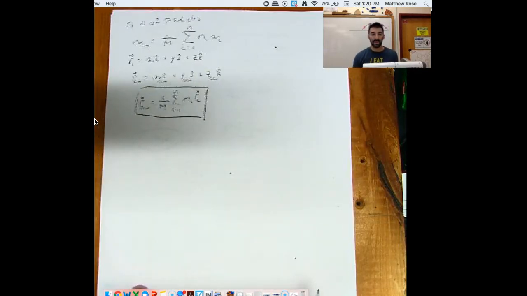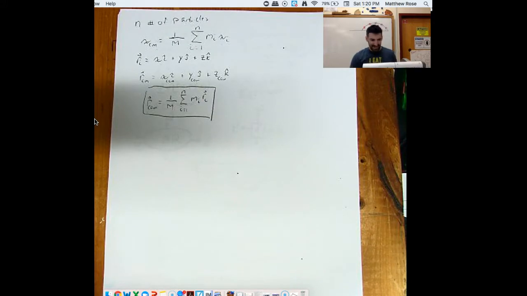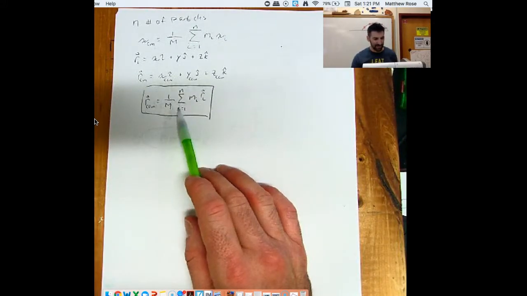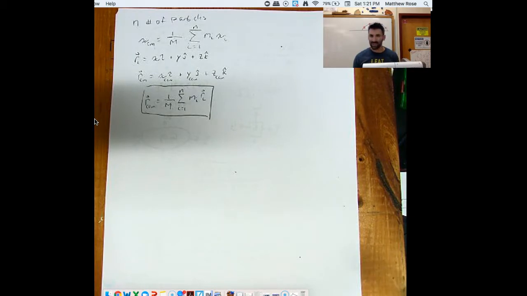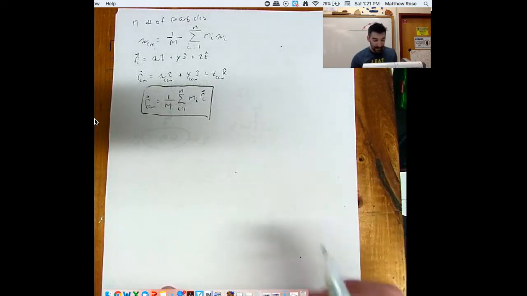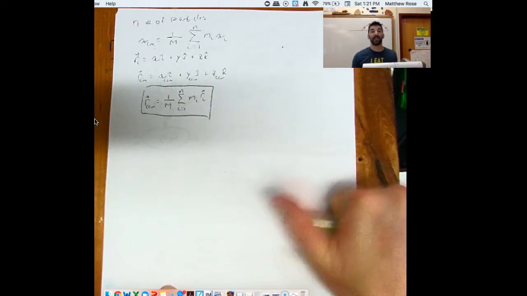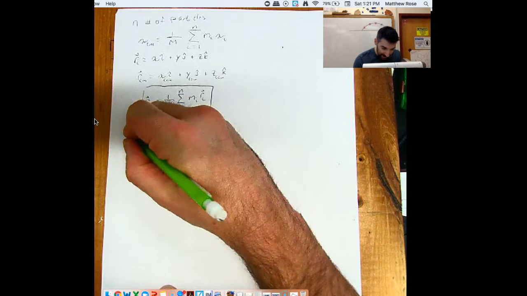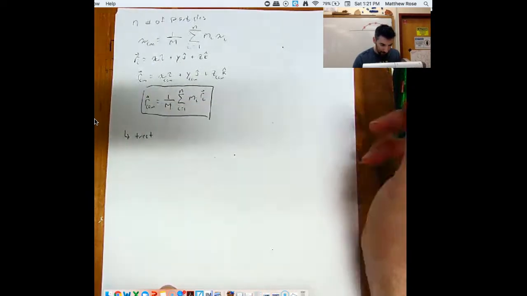Now I know what you're thinking to yourself. You're thinking summations. If I see a summation sign, I should really think a little bit further than that. I should think, what if I had lots and lots of particles about some solid object? You're thinking calculus? I'm thinking calculus. We're going to think some calculus. So to do that, we're going to need to make some special rules here. If I have tons of particles in this solid object, that means I'm going to treat this